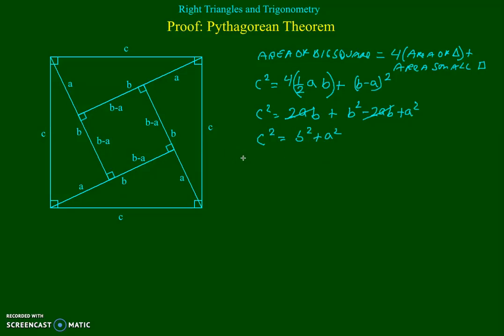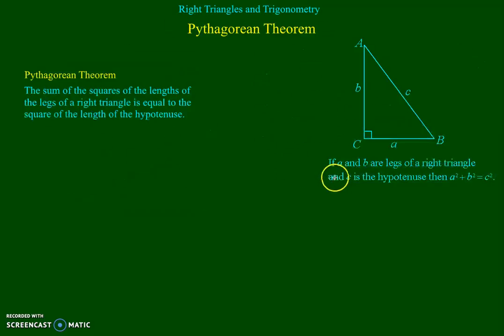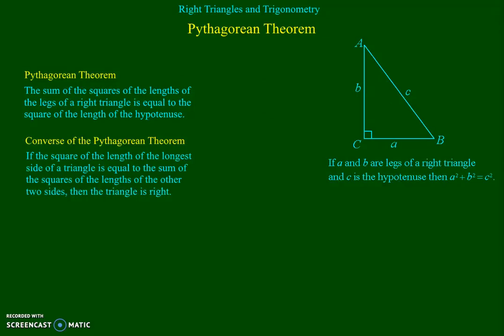Before we put this theorem into practice, let's go back to our original picture, because there's a couple of other concepts that we need to go through before we actually are able to fully implement this. The first thing we're going to talk about is the converse of the Pythagorean theorem. Now the Pythagorean theorem tells us what kind of relationship we can expect when we know we have a right triangle. The converse of the Pythagorean theorem is a way for us to tell whether or not a general triangle